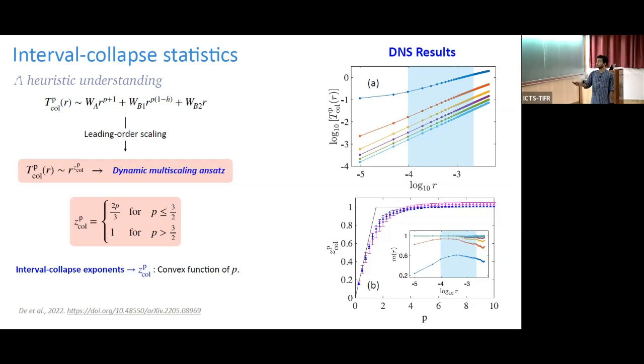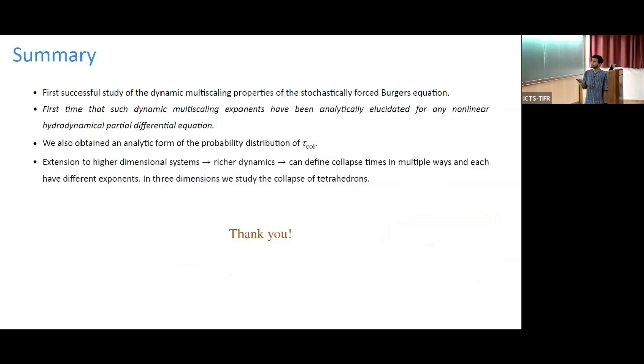So as you can see, our theoretical understanding agrees quite well with our numerical simulations. So we definitely verify that in this way, it is possible to extract dynamic multiscaling exponents in compressible turbulence. And hence, this is the summary of our work, which I have spoken about for the last 10 minutes, I think. And we seek to extend this to higher dimensions as well, where we can observe the collapse of even more varieties of